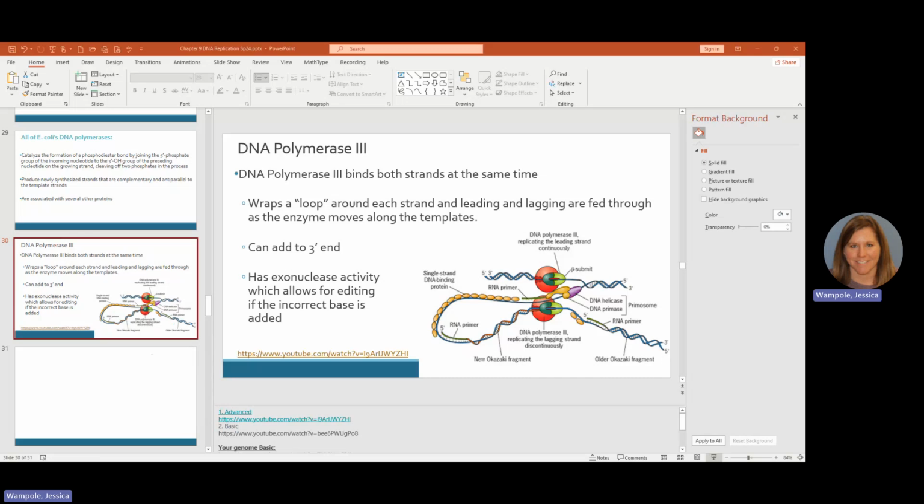It doesn't catch everything, but it is based on that idea that we talked about last week, where if you put in a purine instead of a pyrimidine,